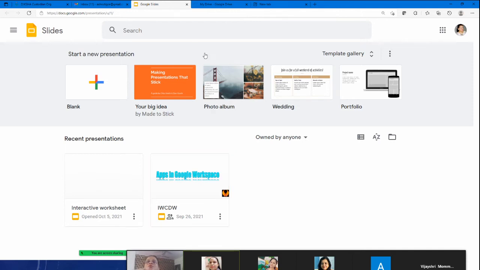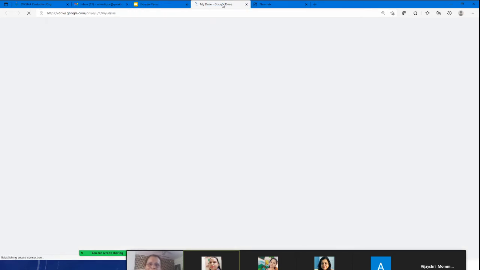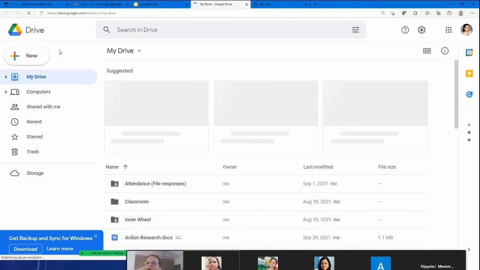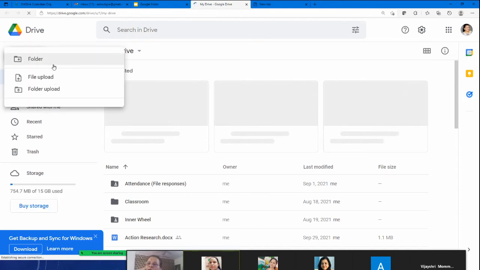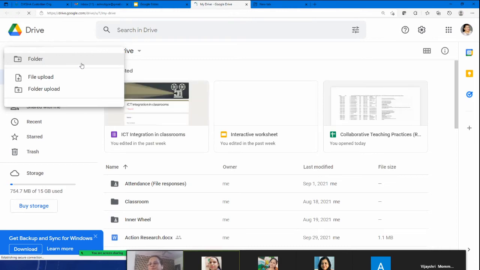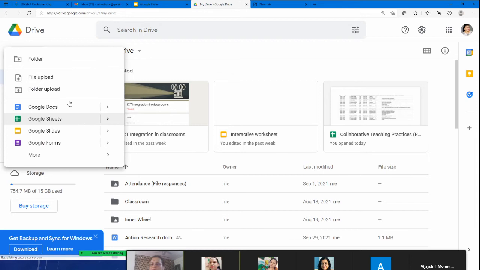And if you want to go through Drive, then how do we go through Drive? You click on New, और यहाँ पे आपको आ जाएगा. So you can see Google Sheets, Slides. So click on Google Slides, so you will get a new Google slide.